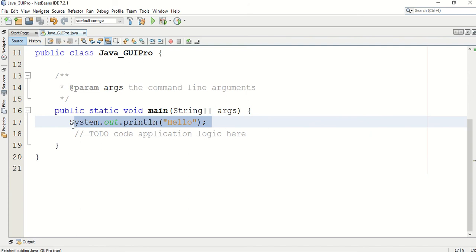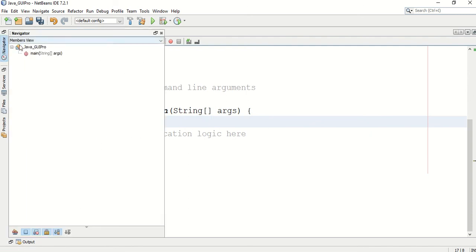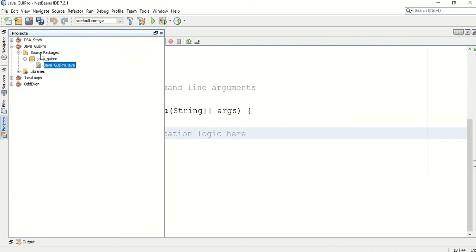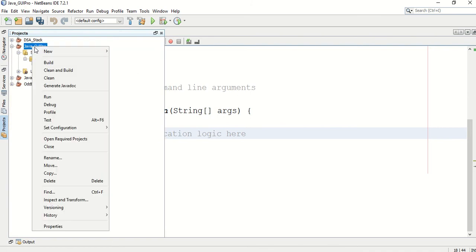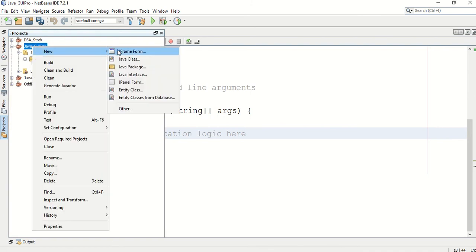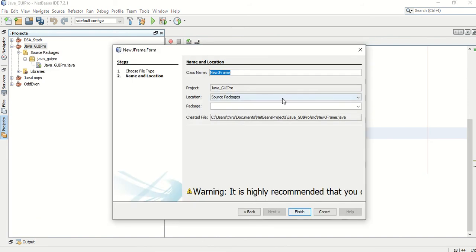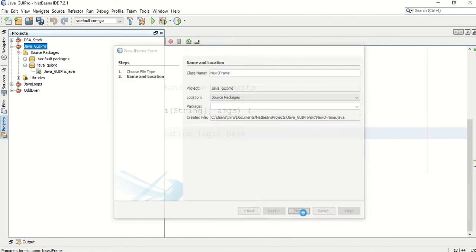At the same time, from the project inside Java GUI Pro, I am going to insert a new Java frame. So JFrame, new Java frame, finish.